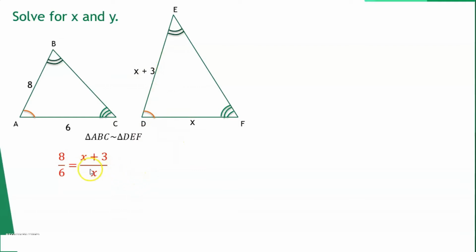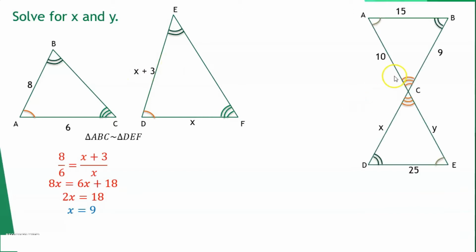Cross multiplying, we will have 8x equals 6 times x is 6x, 6 times 3 is 18. Transfer 6x to the other side, and solving for x, that would be 9. So if this side here is 9, the length for DE would be 12, because that's 9 plus 3. Okay, another. So given here, triangle